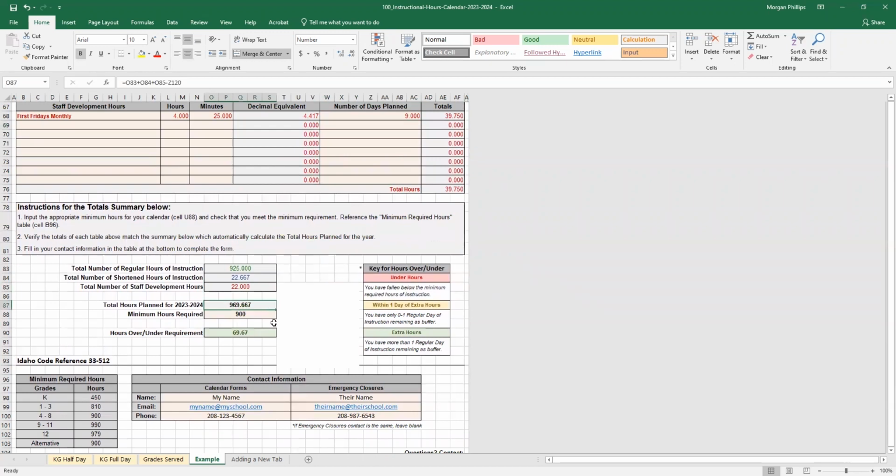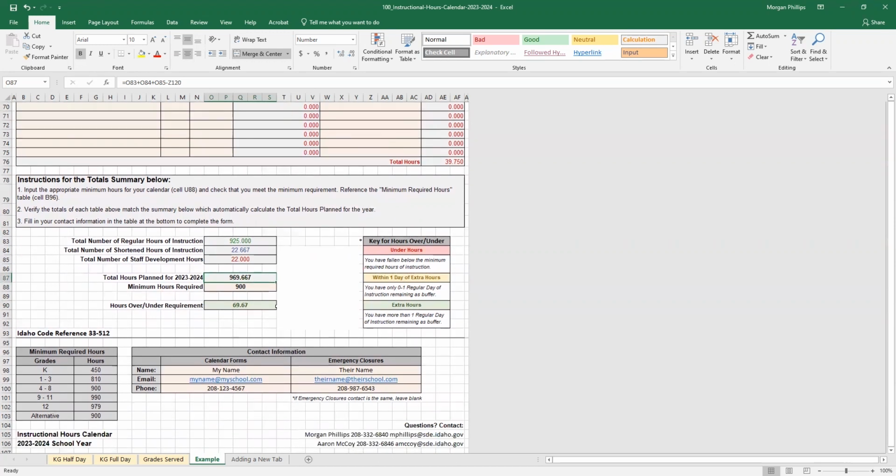Below those 3, it's just going to give you your grand total for what you have planned. So it's going to count your instructional time and the staff time that you can count and give you your grand total here. Now, depending on your grade grouping, this cell is always going to be different. Like I said earlier, some schools like to remain on this standard grade grouping defined in code, but if you're doing a custom one like me, I'm doing grades 1 through 5, I'm going to go off of this 900 hours, so that's what I'm going to enter in this box. Note that we are going to pull the highest number of required hours depending on your grade grouping, with one exception. So again, if I have 1 through 5, I'm going to go off 900 instead of 810.